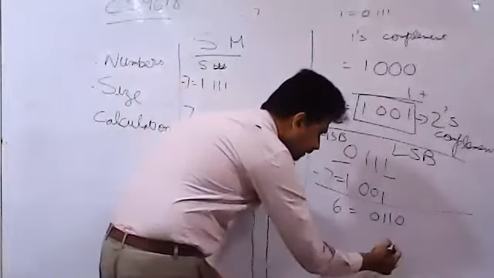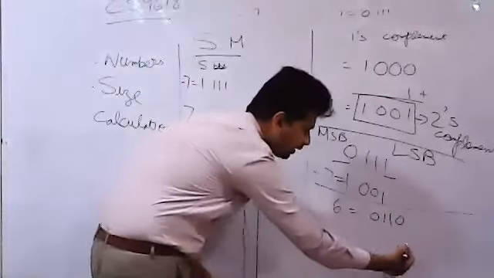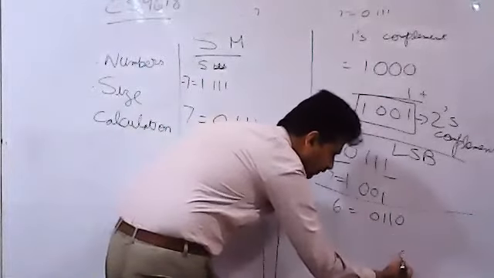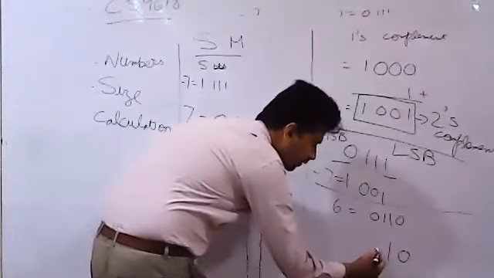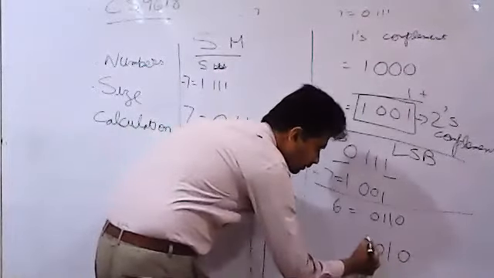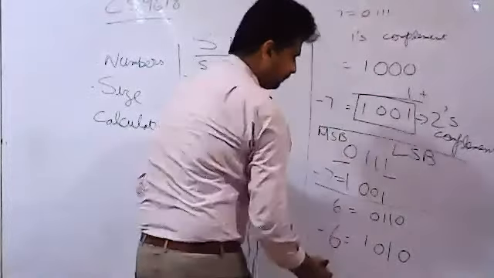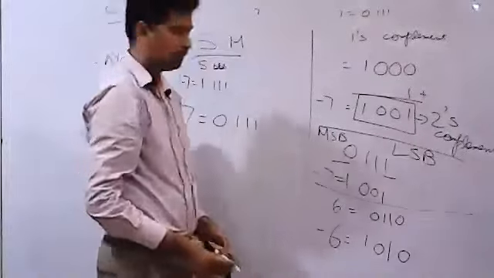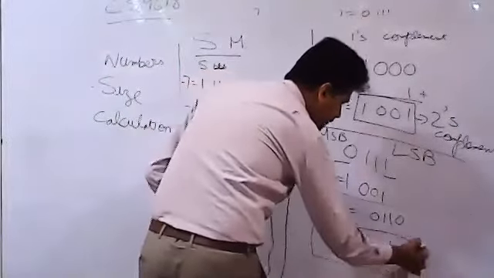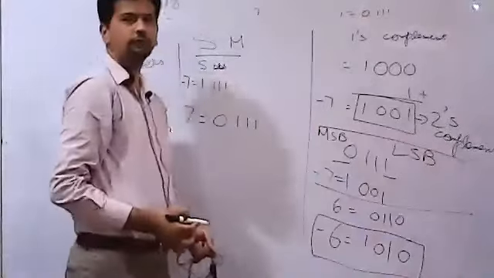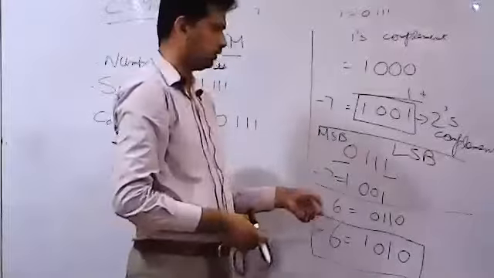Now I'm going to start scanning the value from my right side. Wherever the 1 comes, the value will remain the same till that point, and afterwards I will reverse it. And then I would call it -6. This is my 2's complement method to represent the signed numbers, numbers that have the negative sign with them. This is how I represent them.